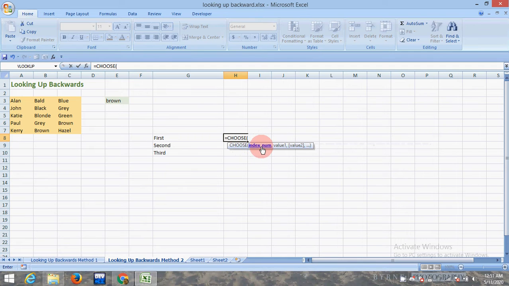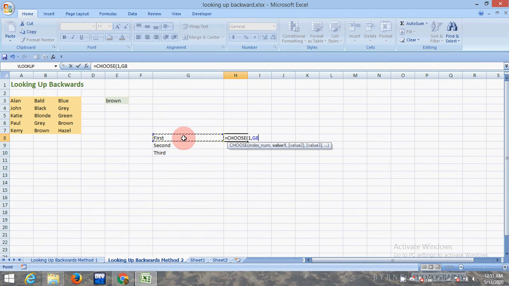The first argument of the CHOOSE function is the index number, so I type 1. You can type 2 also, whatever index you like. So I type index number 1 and then the values. Here this is value 1, value 2 and value 3.